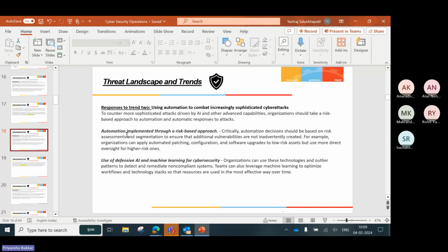जिस तरह AI is used by attackers to change the nature of attacks and hack, similarly, we as researchers or investigators or क्या कहते हैं, SecOps are using AI to battle this trend out, to fight with them, right? So automation implemented through a risk-based approach. Critically, automation decisions should be based on risk assessment and segmentation to ensure that additional vulnerabilities are not inadvertently created. For example, organizations can apply automated patching configuration and software upgrades to lower risk assets, but use more direct oversight